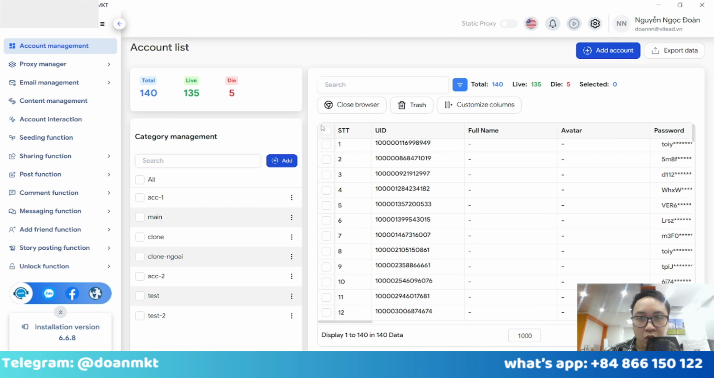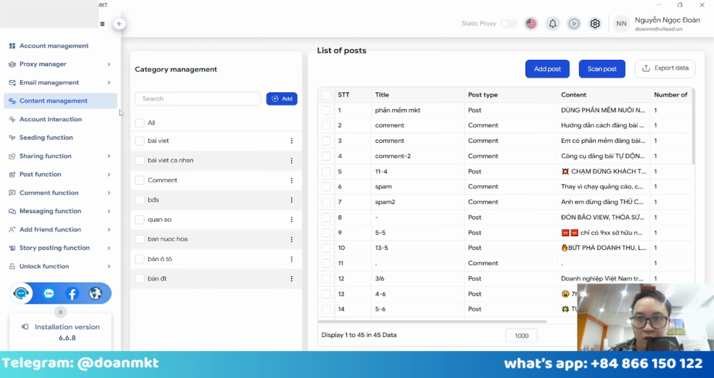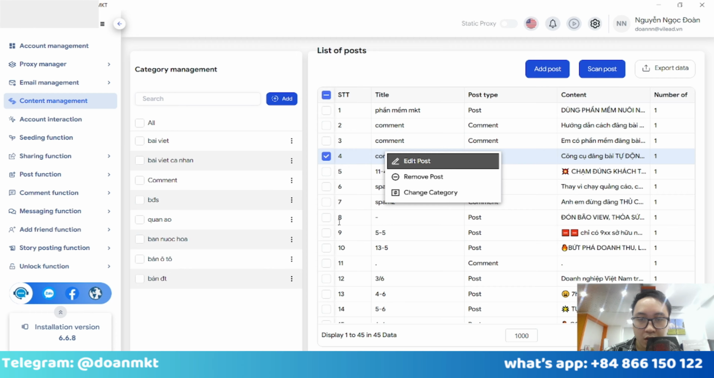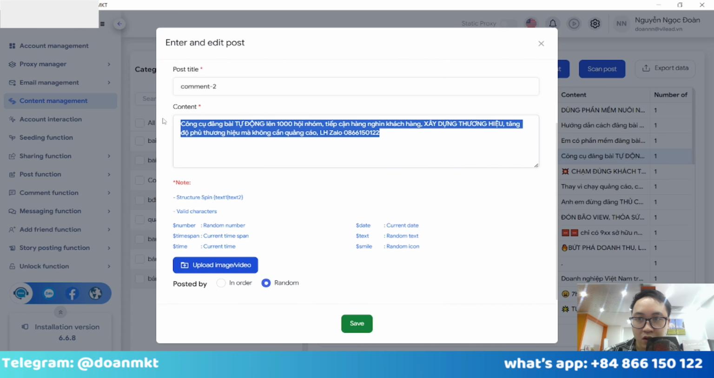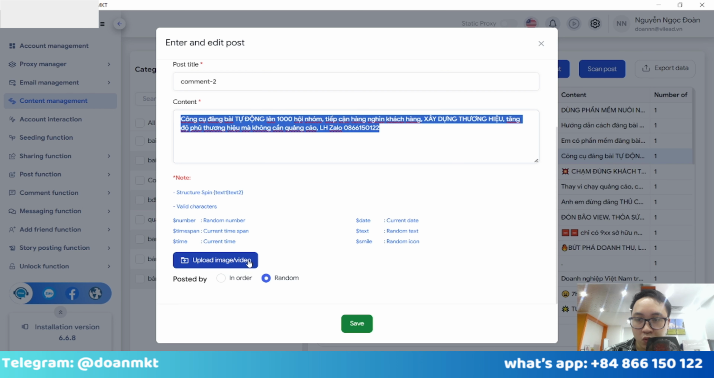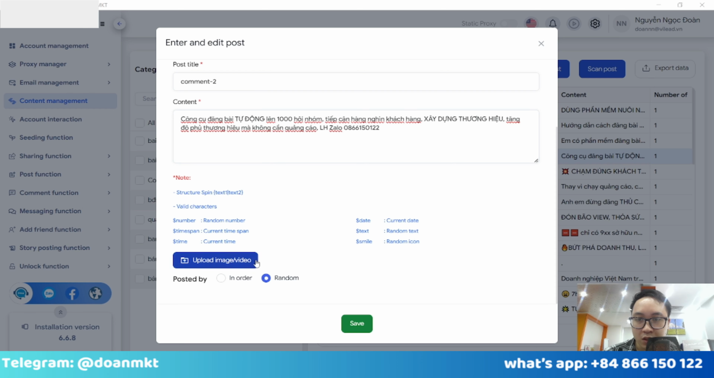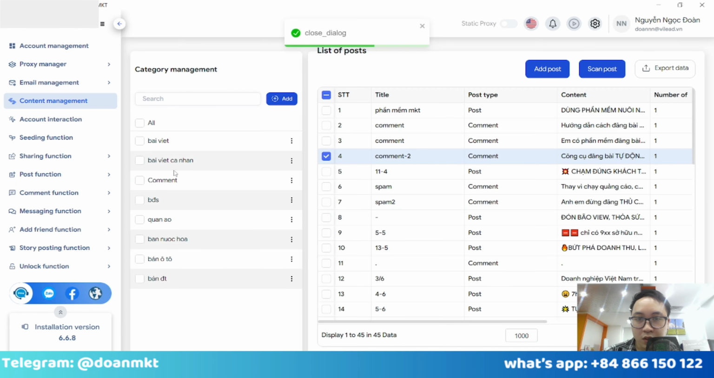To auto comment on Facebook groups, you need content. So I will go to content management. This function will help you to add your content with any image and video that you want. Here you can add the content and choose your image or video by pressing this button. After you have content,